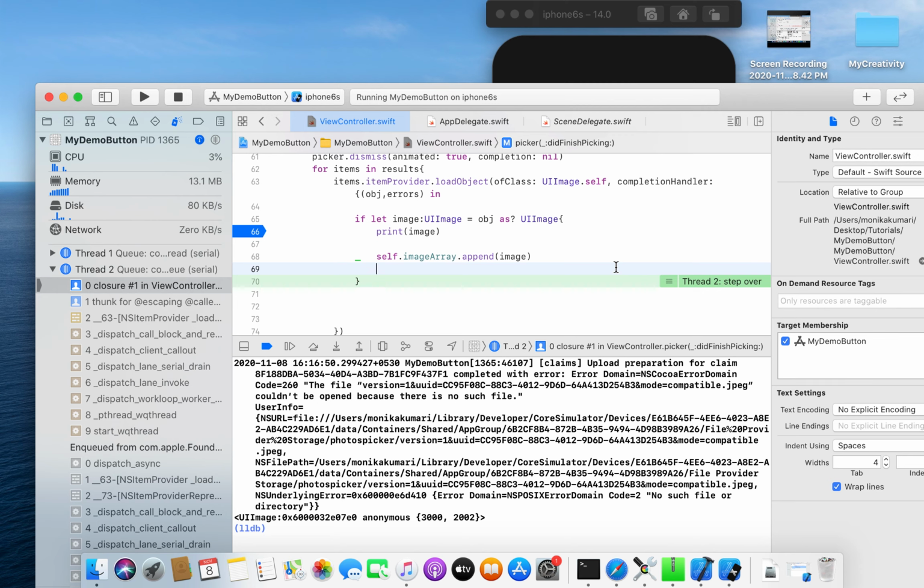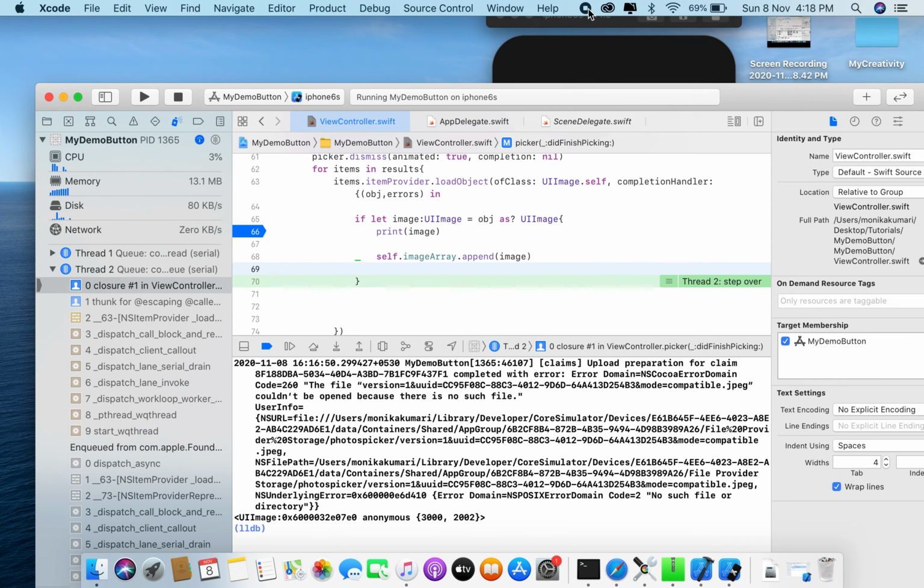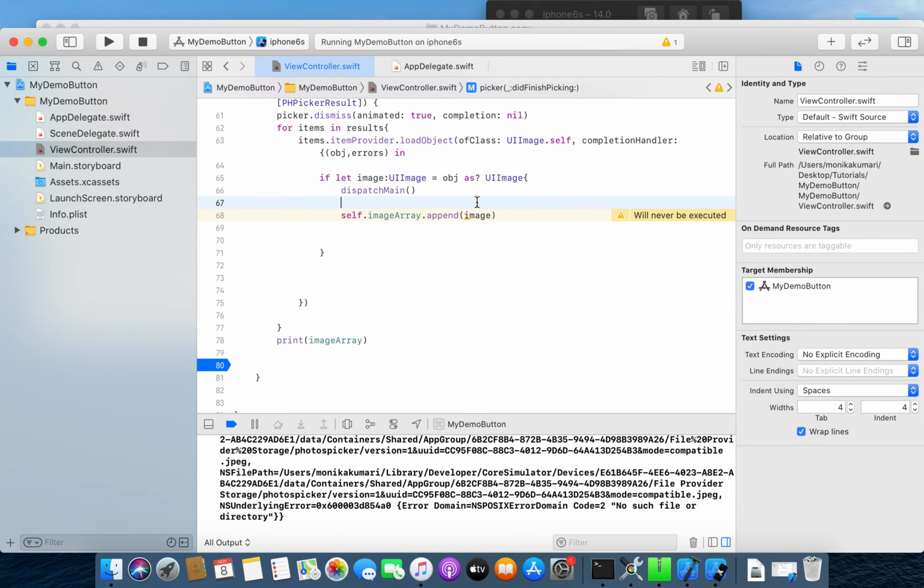So now we are going to create a collection view, and we are going to put the images in it. As soon as I pick the image from the gallery, I will put the image inside that image array, and I will reload my collection view. That we will update our UI on the main thread.